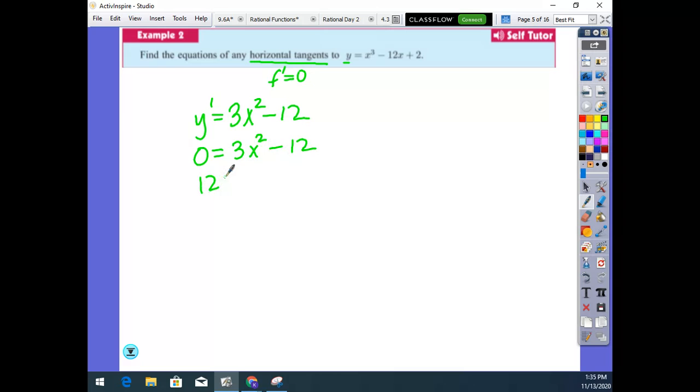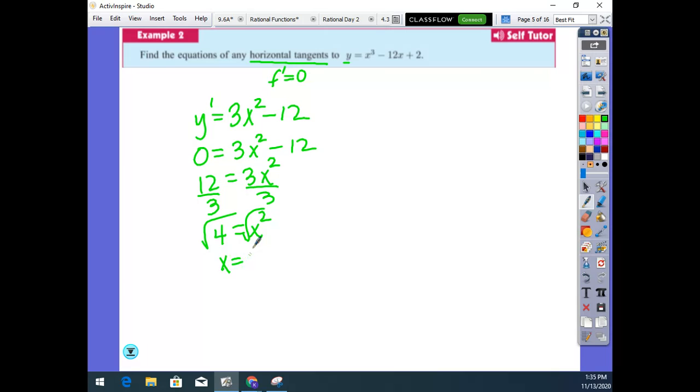Add 12, divide by 3, take the square root. Remember, you need the plus or minus to get plus or minus 2. Now, they want the equations of this. So first of all,